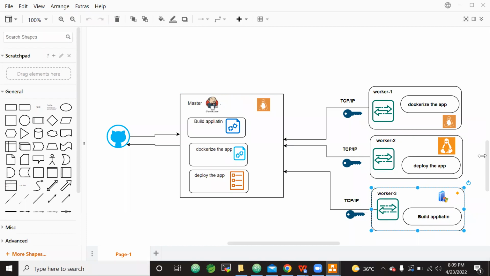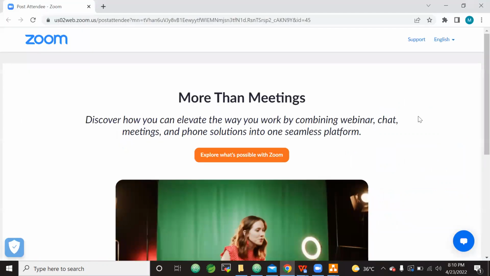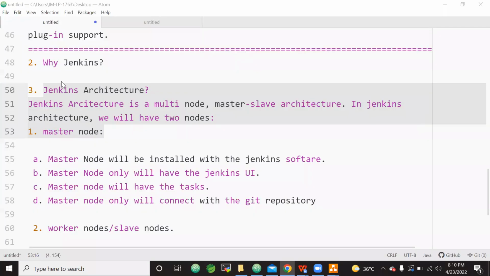Okay, fine. So let us now go and implement this architecture. Very, very important architecture. Please, folks, please follow me. In an interview, if the interviewer asks you, hey, can you please tell me the machine configurations that you have followed for setting up the Jenkins architecture or Jenkins master machine? If you practice, then you will be able to answer. For example, if we go and then see the Jenkins